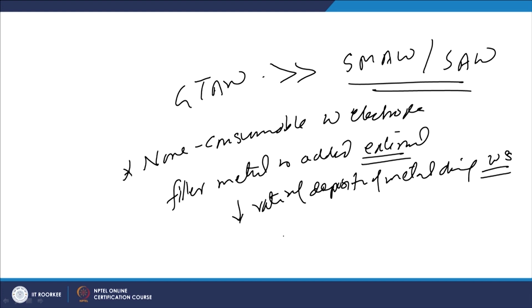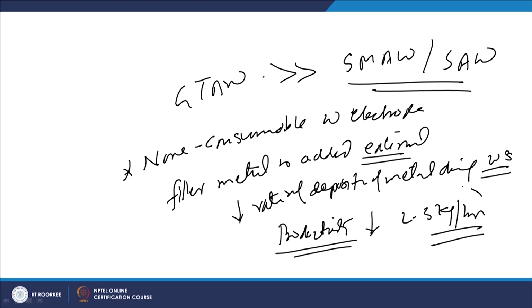So, the productivity associated with this process is very low, because the amount of the metal which can be deposited for surface modification using this process is very less. It may be like 2 to 3 kg per hour. So, this is the negative effect. This is very negative side related with the GTAW process for the weld surfacing. However, the quality of the weld deposits or the weld surfacing produced by the GTAW process is very good, and therefore